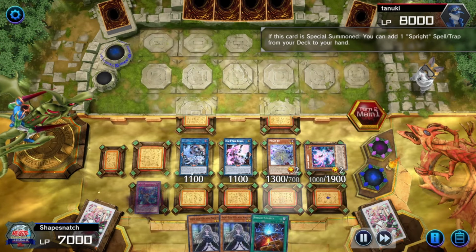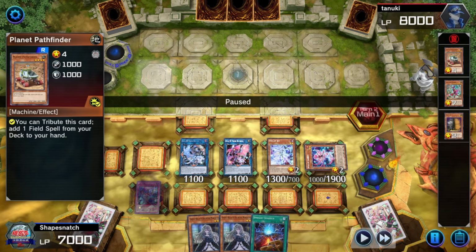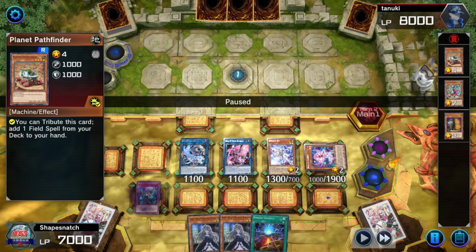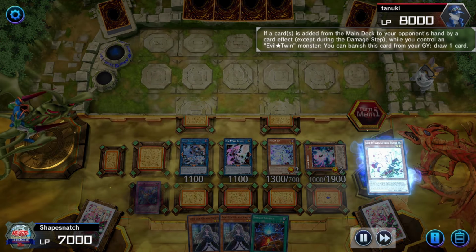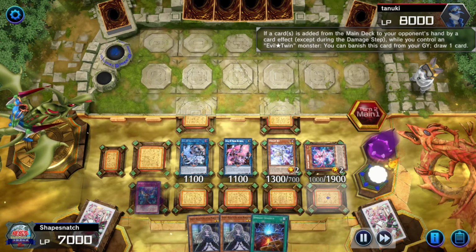So I let this go because I'm thinking, they shouldn't have more Kashtira. If they have any other Kashtira monster, why wouldn't you just summon it, attack on my card, and then use Planet Pathfinder, and then be able to use Race Off for free, right? So that sequencing makes sense, right? Logically, I get to add a